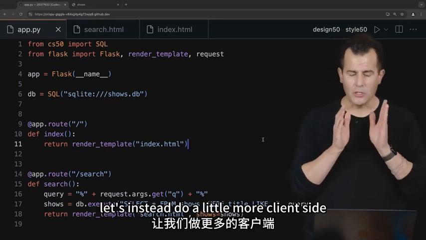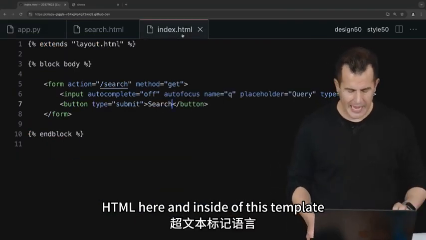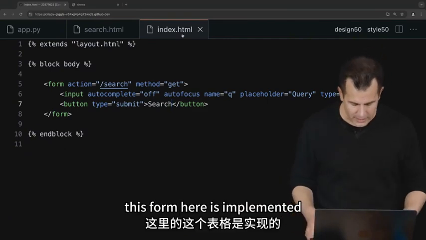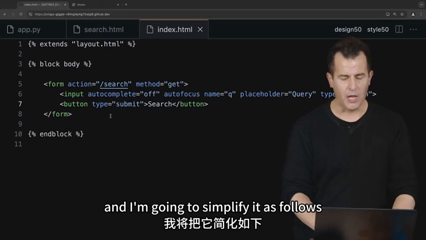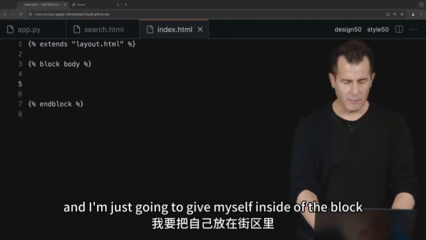Let's instead do a little more client side. So I'm going to go into index.html here, and inside of this template, I'm going to change the way this form here is implemented, and I'm going to simplify it as follows. I'm going to get rid of all of this traditional form,